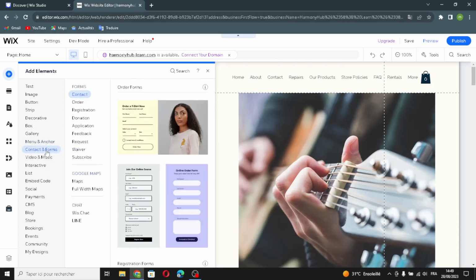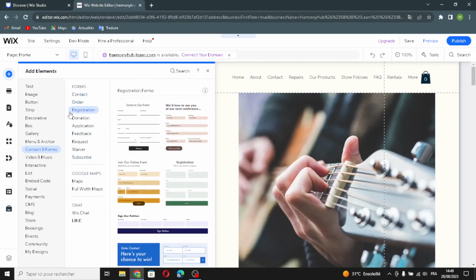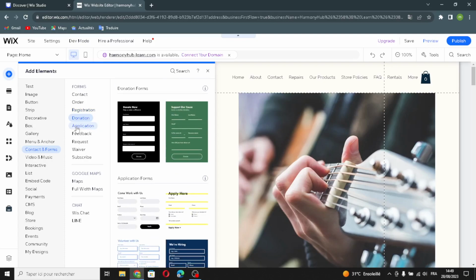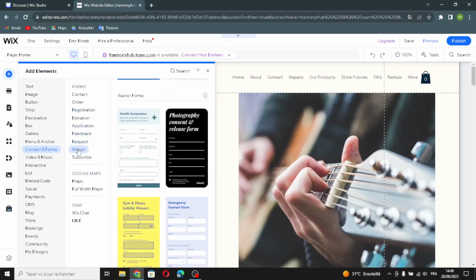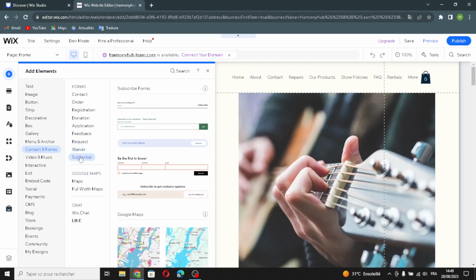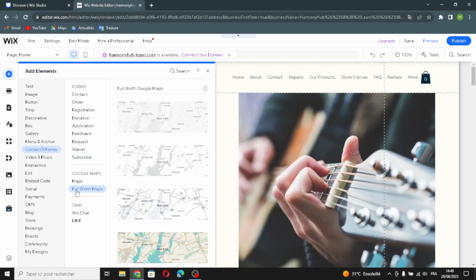Now let's move on to the contact and forms. Here in the forms you find the contact forms, the order forms, the registration forms, the donation forms, the application forms, and the feedback forms, the request forms, and the waiver forms, and subscribe forms. So that's it. Now here the Google Maps, you find the normal maps and the full width maps, and here